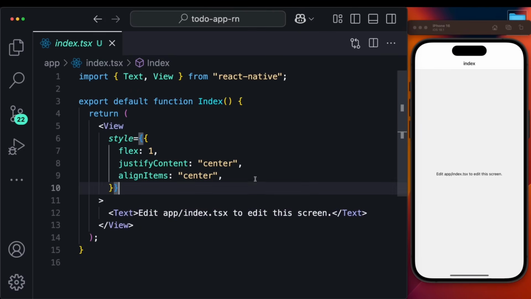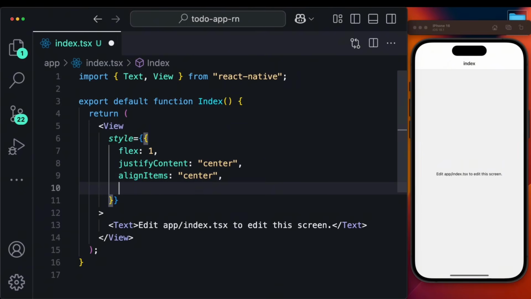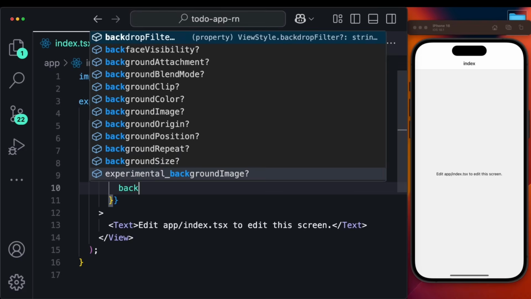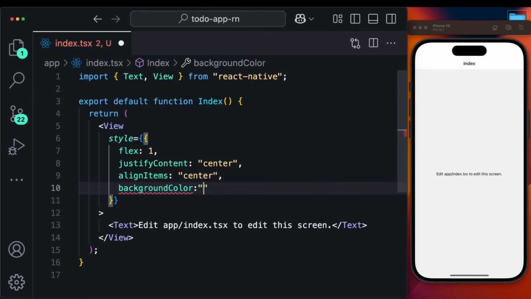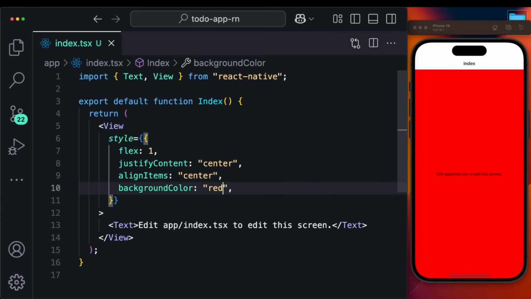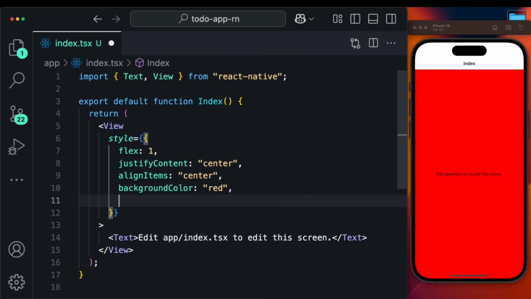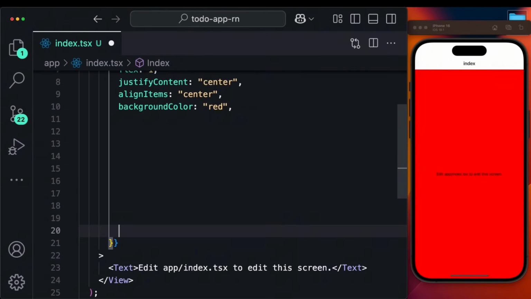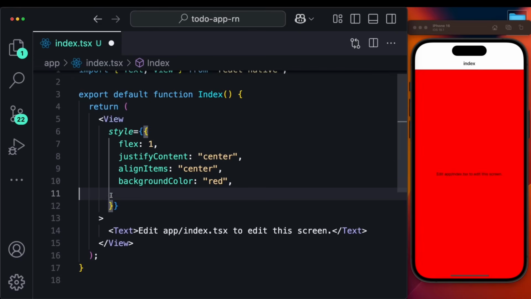So let's try to see what we can add here. Under the style, we can put an object and basically add any kind of style as key value pairs. So I'll say background color is going to be something like red, and it should update immediately, right? So let's try to actually think about it. If you put a couple of different styles, at some point this file is going to be really ugly and out of hand. So what you can do is taking this object, so I'll just go ahead, cut this,